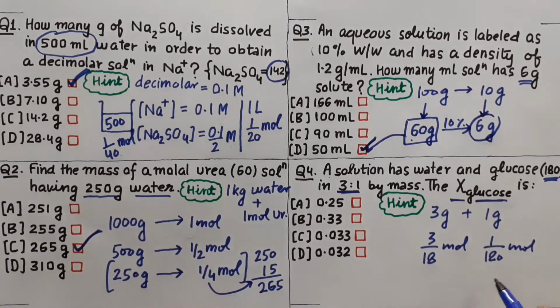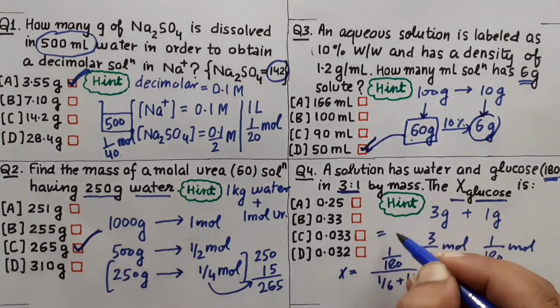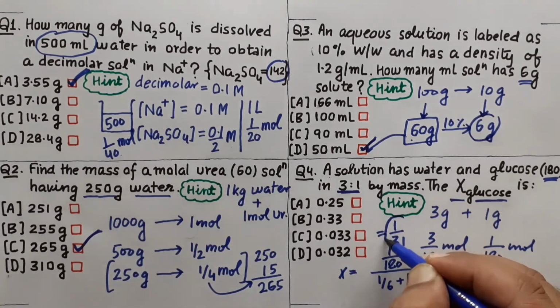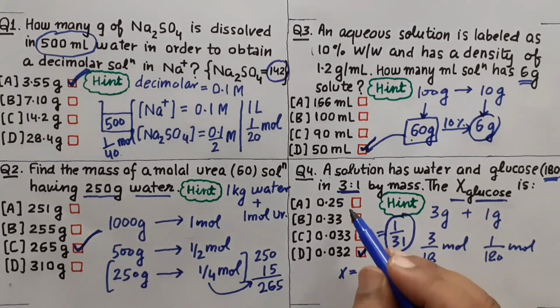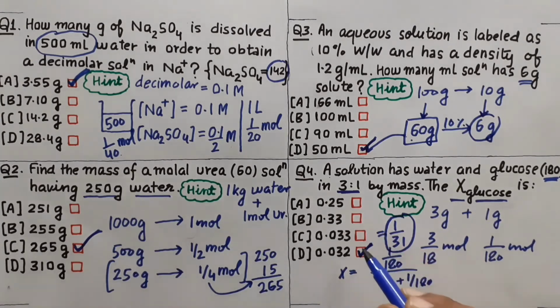अब mole fraction का expression रख देते हैं. So this is the mole fraction expression we get. X is equal to, numerator will contain 1 by 180 and denominator will contain this 1 by 6 and this 1 by 180 again. You adjust this to get 1 upon 31. Now 1 upon 31 decimally, if you can see, this is around this. Yeah, कैसे? ये तो 1 by 4 है, ये 1 by 3 है, ये 1 by 30 है, तो this is 1 by 31, right?